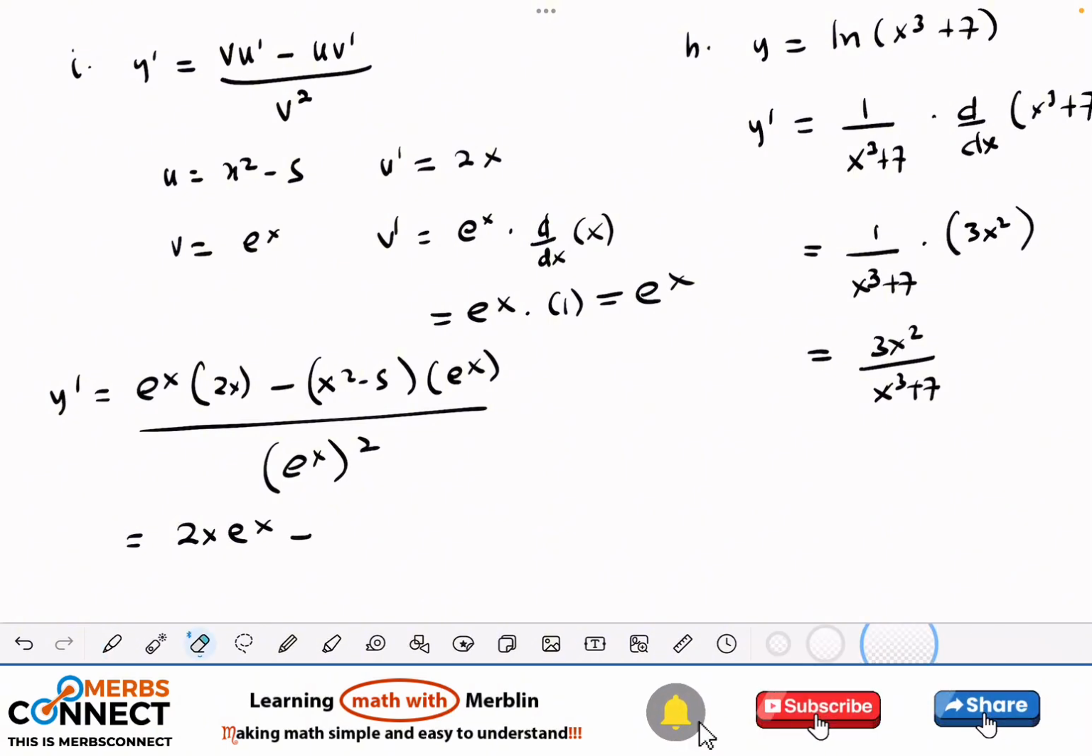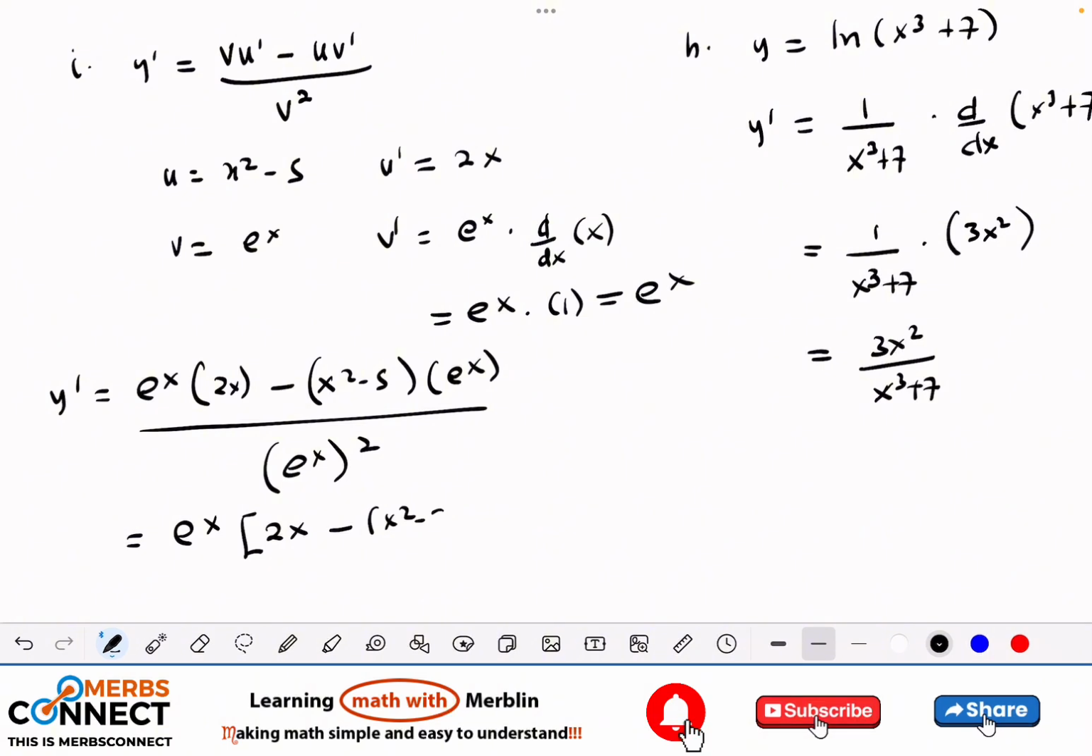Okay, fine. So this will be very simple for me to do. Since I have e^x here, I have e^x here, I can factor it out, right? So I'm going to have e^x out, and what will be left here is 2x minus... what is going to be left here when I factor this one will be this. So I'm going to have x squared minus 5